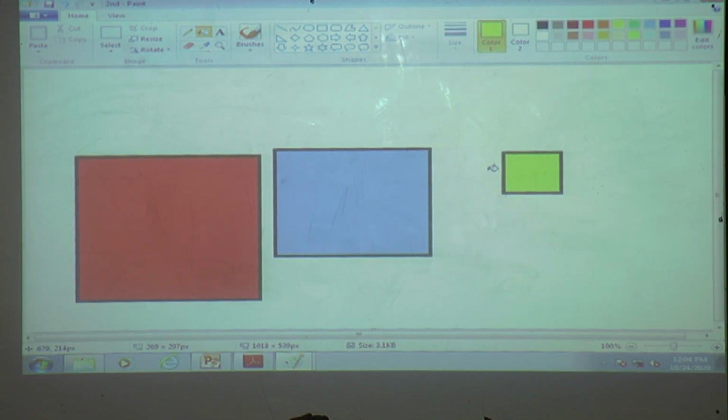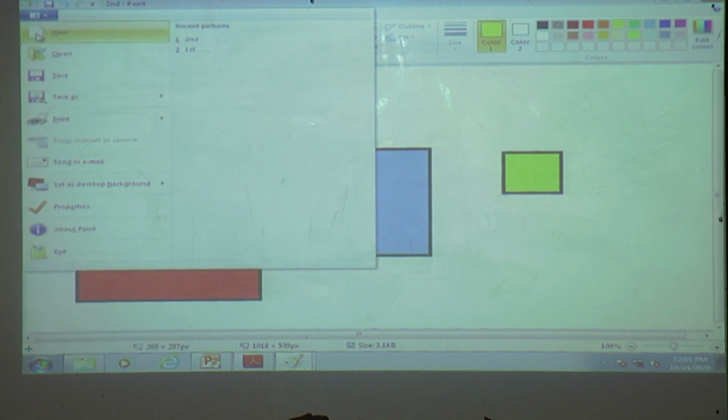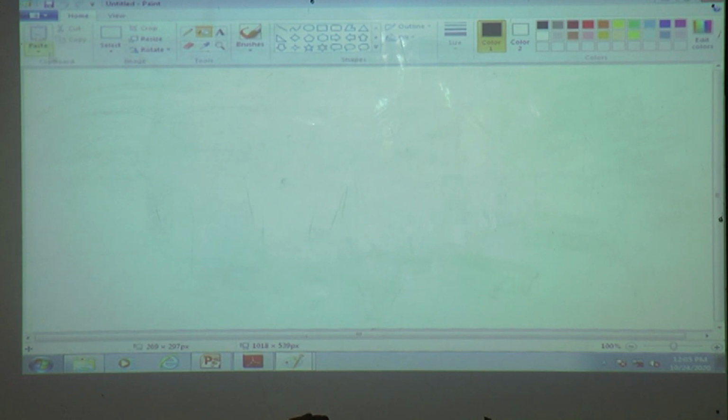But now here we want to take a new blank page. How to take this new blank page? Click on the paint button, then click on the new. Which option? See carefully. Click on the new.